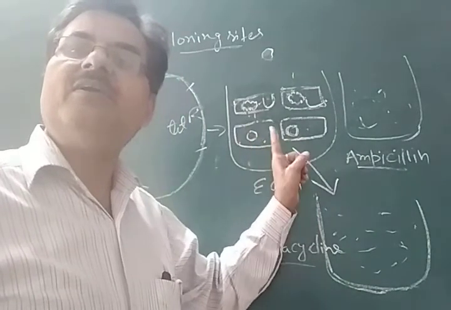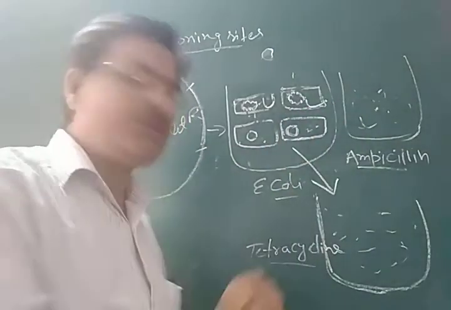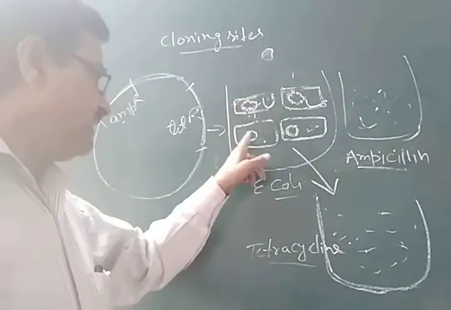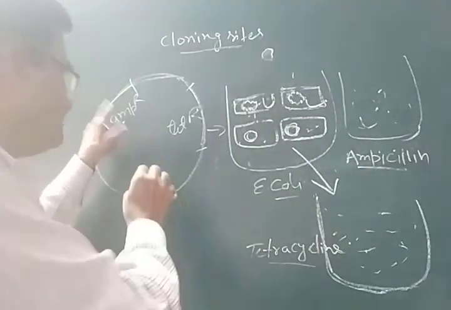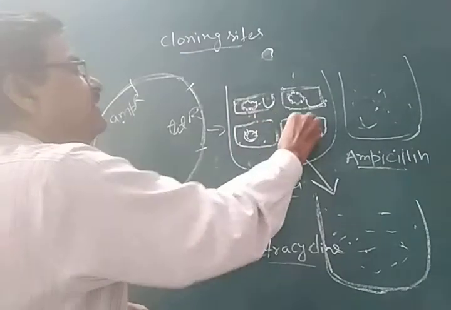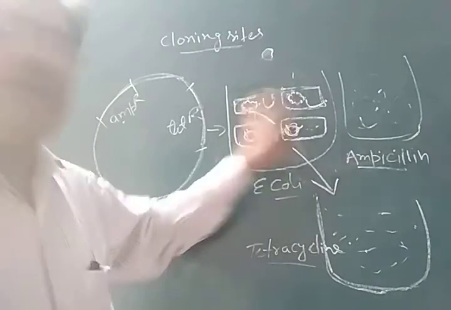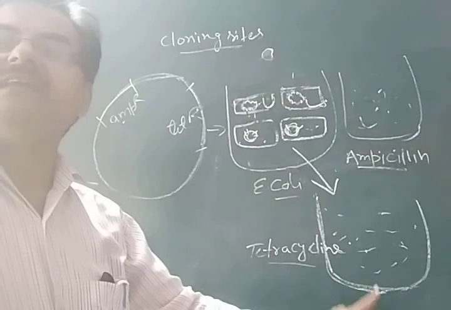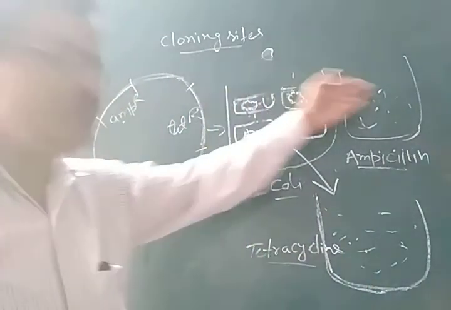So these non-recombinants can grow in both. In ampicillin containing medium they can grow, and in tetracycline containing medium they also grow, because there is the simple pBR322 having both genes, ampicillin resistance and tetracycline resistance. Both genes are present. So non-recombinants can grow in both ampicillin as well as tetracycline containing medium, but the recombinants grow in the ampicillin